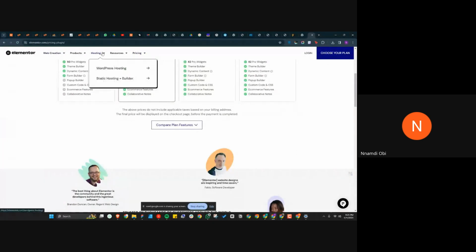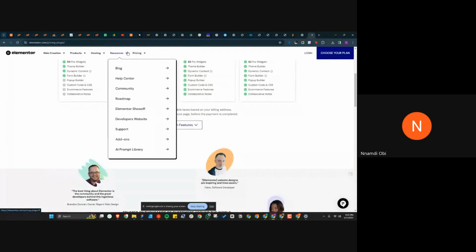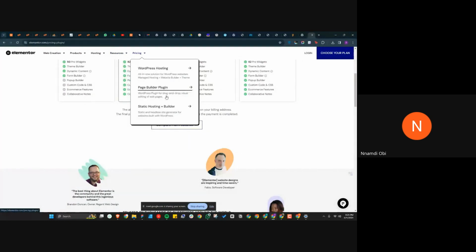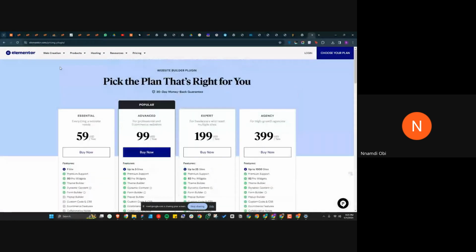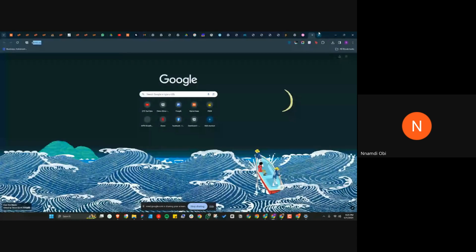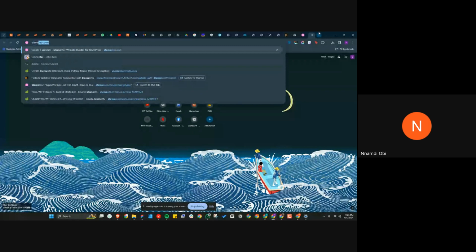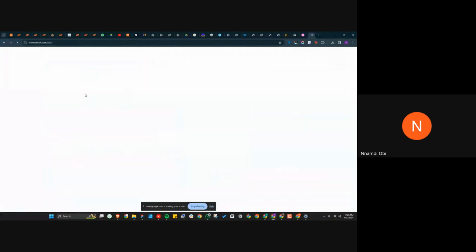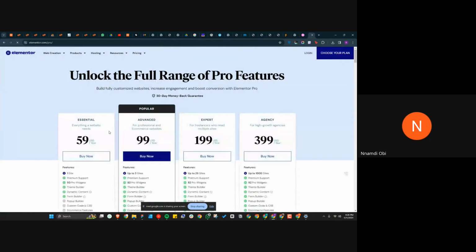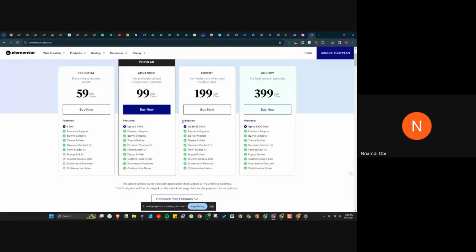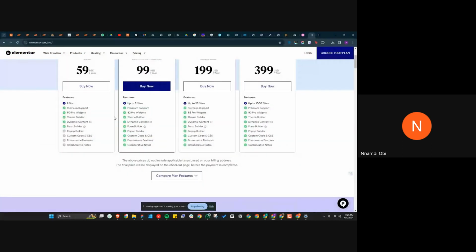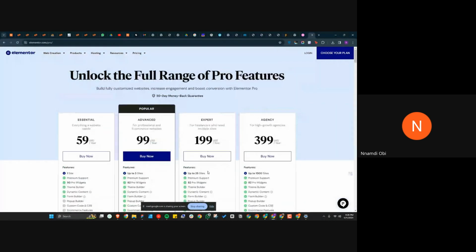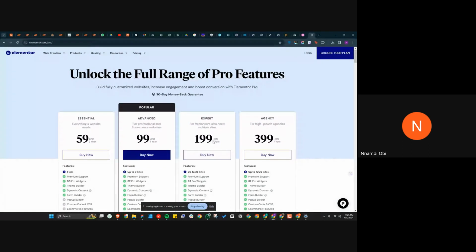what's Elementor Pro? Sorry, this is their hosting. I want to get Elementor Pro. I'm coming. Let me just Google that. Elementor Pro. So the Pro gives you extra features anyway. So with Pro, okay, yes, $99 for three sites, 25 sites. If you're working on 25 sites, you can just buy and use it on them. It's about $200. It's